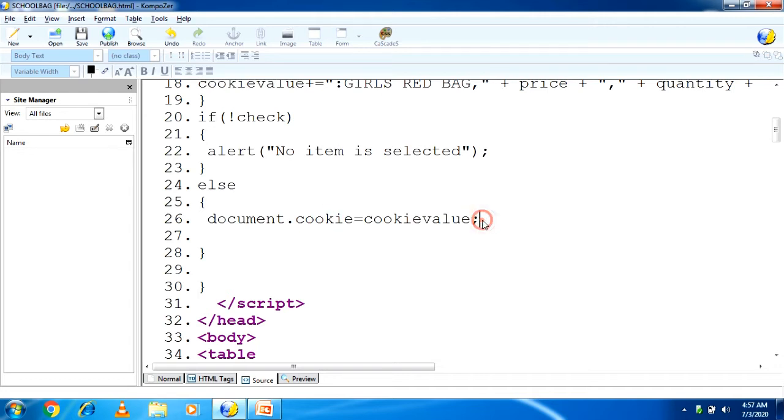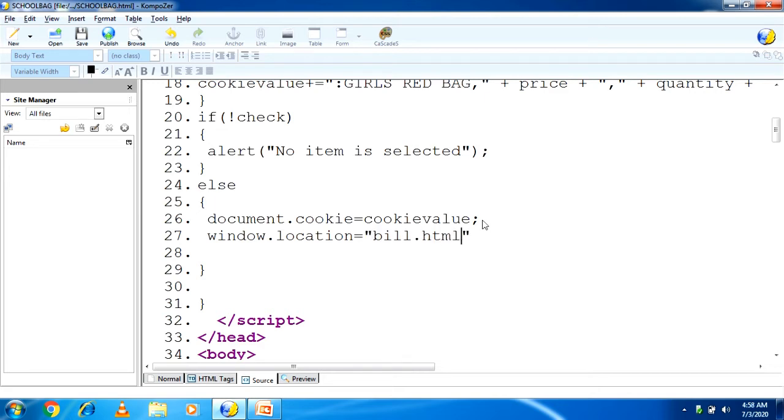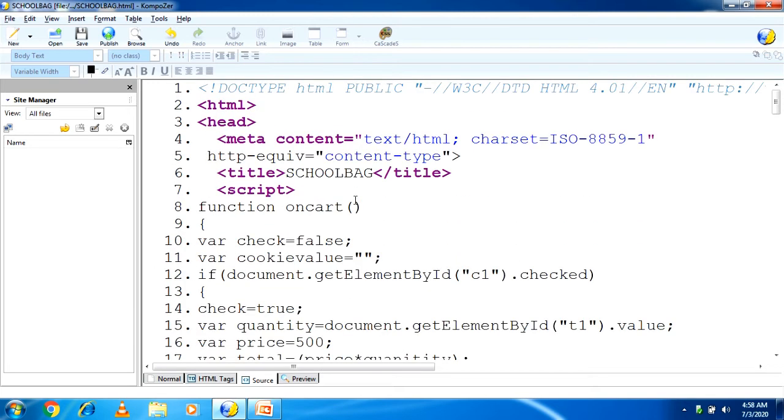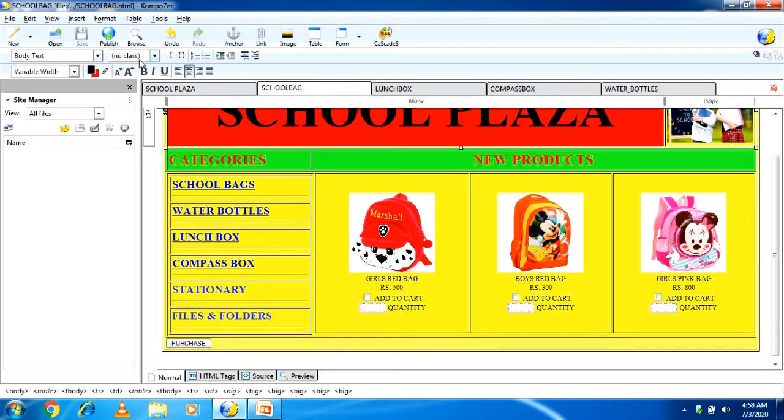Now we have to pass this thing to the second page. So I'm writing here second page information, window dot location equal to double quote wheel dot html semicolon, and here my JavaScript for the first product is completed. Now let's check, student, is it working or not?